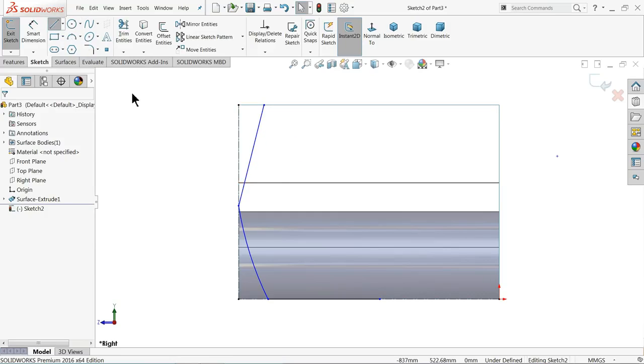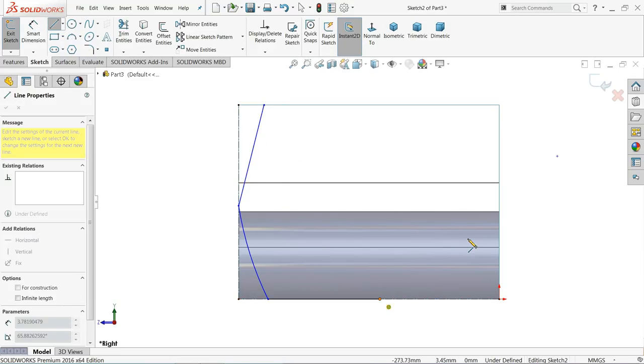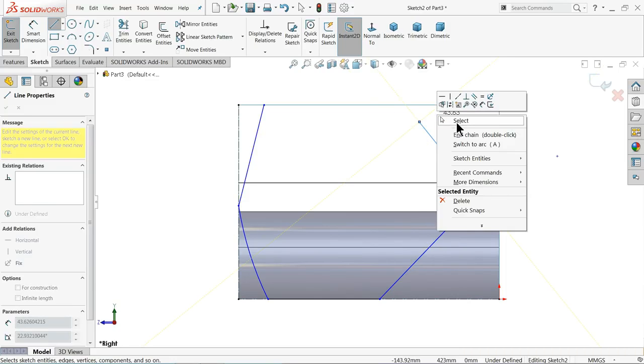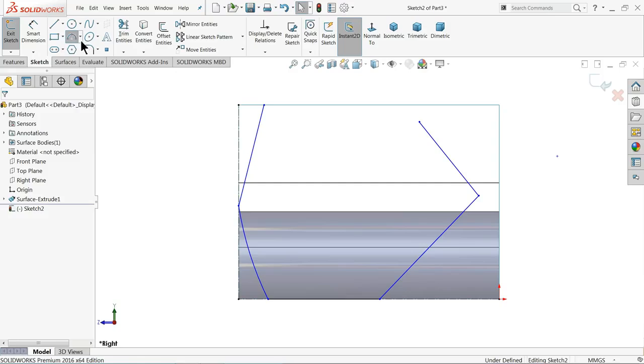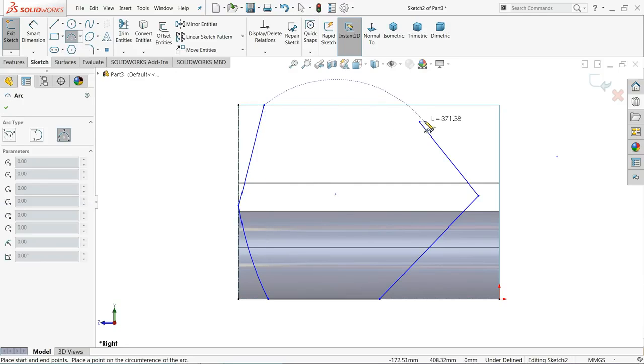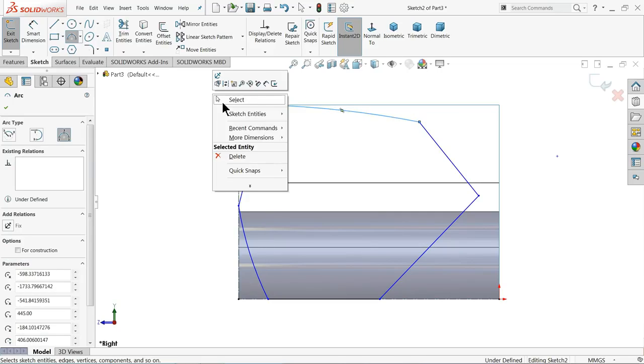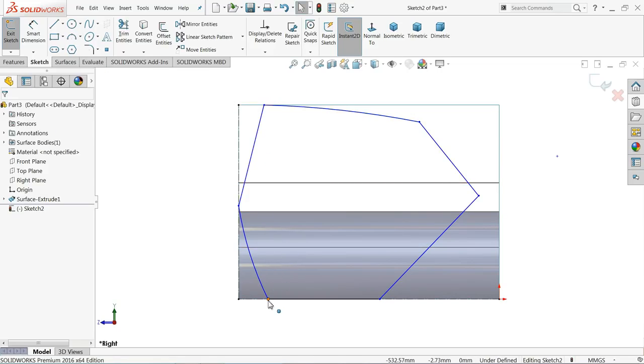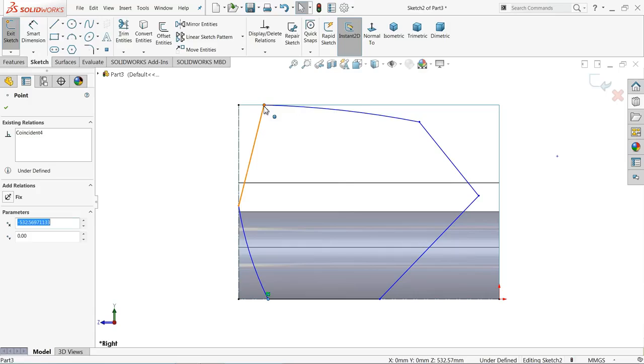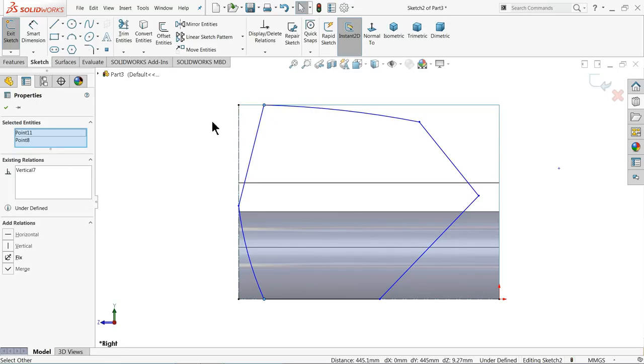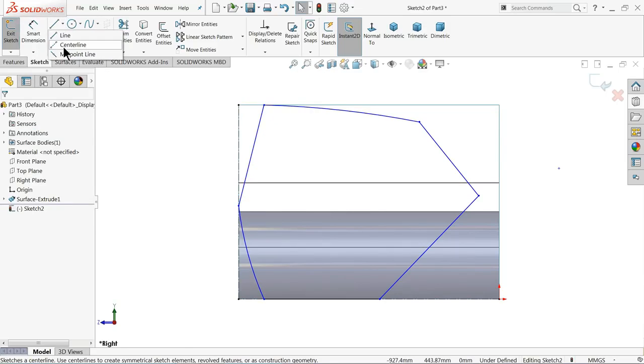Now okay, let me choose here line, exit, select here 3-point arc and connect this, exit. Now let me start to define, select these 2 points, make relation vertical, that's it.